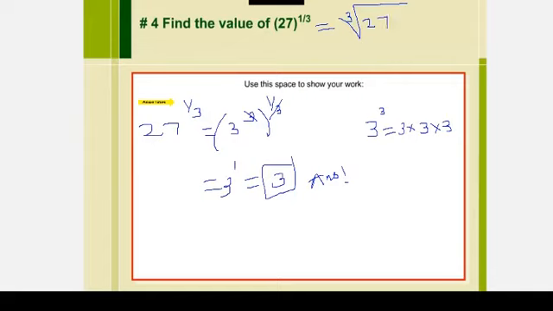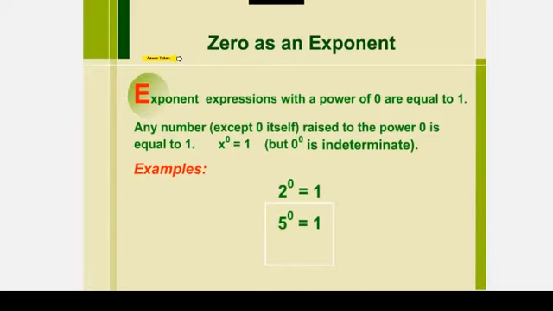This is the radical form of this. 27 raised to the power 1 by 3 is the same as the cube root of 27. So finding the cube root of 27 simply gives you this answer, 3. So whatever is in the denominator, write it inside the radical symbol, not outside. And the 27 comes inside the radical symbol. This is how you will convert the fractional exponent to radical form. Okay, the next property, as we have already discussed, 0 as an exponent.